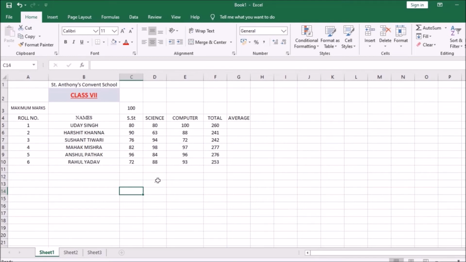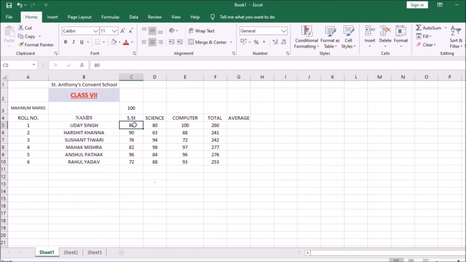Because these are very important things from the learning point of view. Although these are not given in your book, I want to tell it and you should understand it. Now suppose that you want to select from 80 to 260 with the mouse, then how do you do it? Just listen carefully.